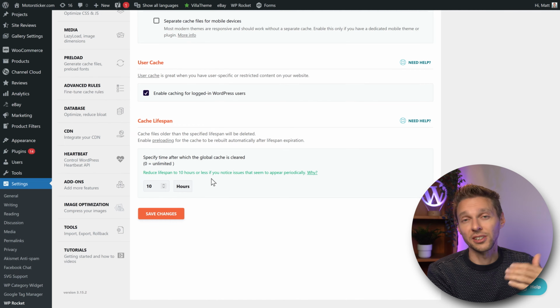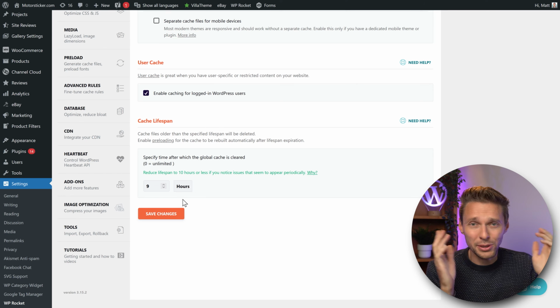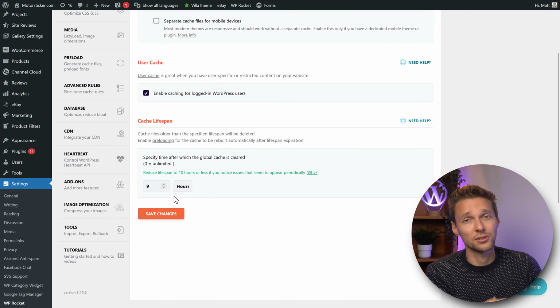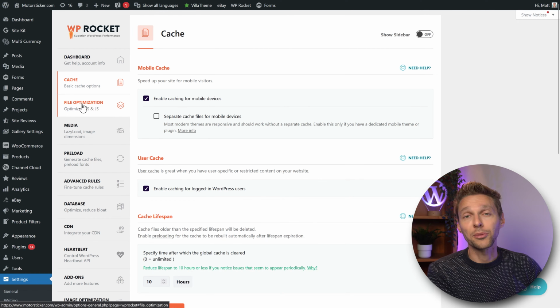with your WordPress installation and nonce is a very technical story, but you can change this to, for example, 9 hours. If you notice that your server is a bit lagging and it's getting a bit too much for the old server because you're maybe on a shared server, you can change it even to 11 or 12 or 13 hours. But basically 10 hours should do the trick. Press Save Changes. And then we go to the next one, File Optimization.